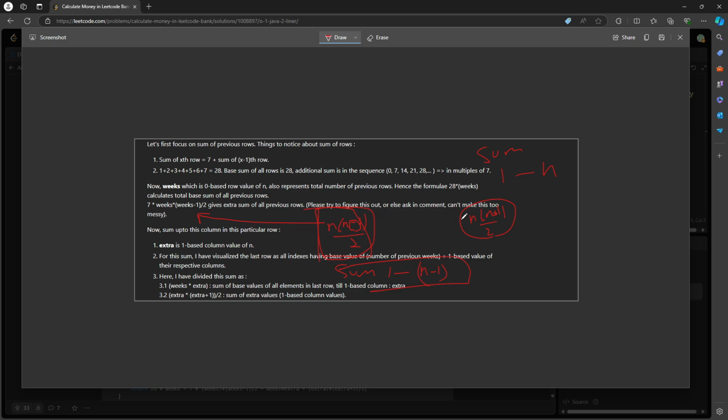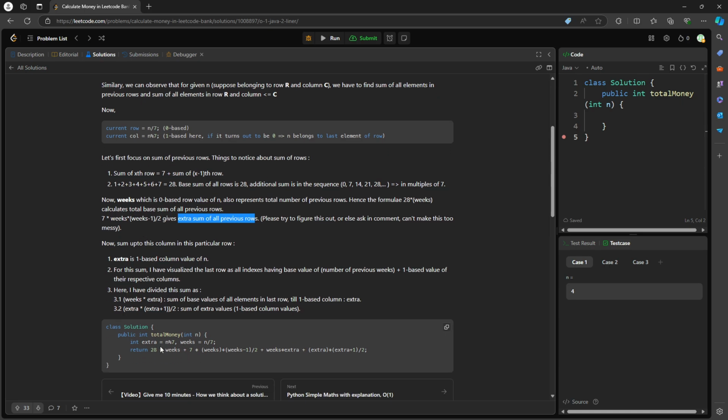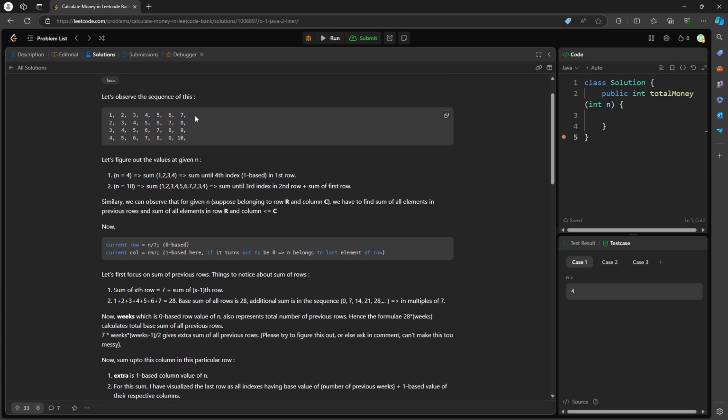So once we have this, we can get this extra sum of all the previous rows. And then this is 28 times weeks, how many rows, and this is the sum of all previous rows. And then this is going to be the current week's money. So 28 times weeks plus extra times extra plus 1 divided by 2. So this is going to be, in this case,